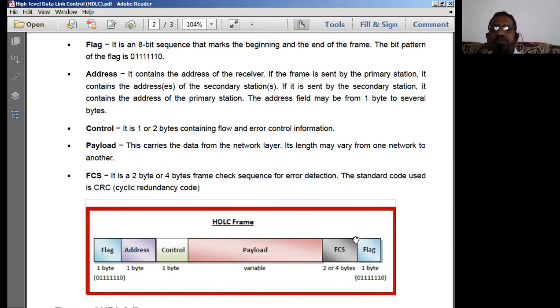After computing based on some methodology, it computes the checksum, and this checksum is transmitted along with the payload. That is known as the frame check sequence, called checksum bits. The standard code used is going to be the cyclic redundancy code, a very popular code, CRC code or checksum, one of the popular codes which we normally use. And it is going to come as 2-byte or 4-byte data,